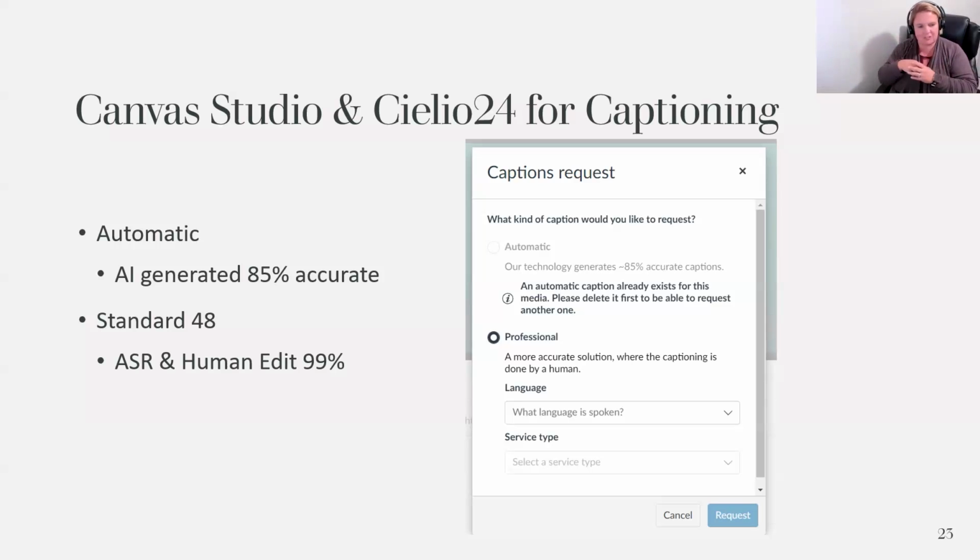They do have two options, which again, I don't really understand why there would be two options. If somebody's telling you that the AI generated captions are probably 85% accurate, well, okay, I'll call it good. That's great. But with the new law, the Title II, it has to be better than that. So we're looking at closer to 99%. Yeah. And to help meet that, we have professional services, right?